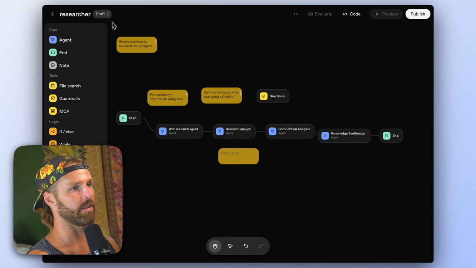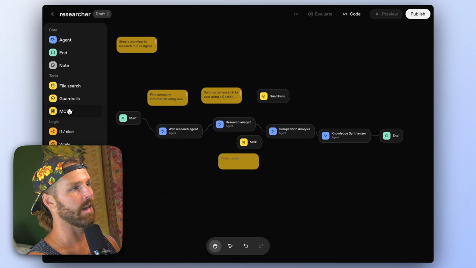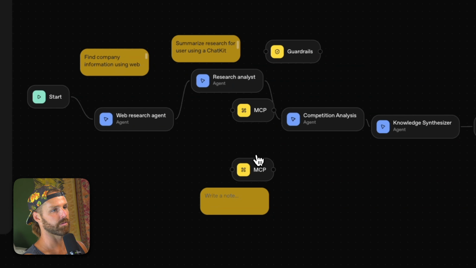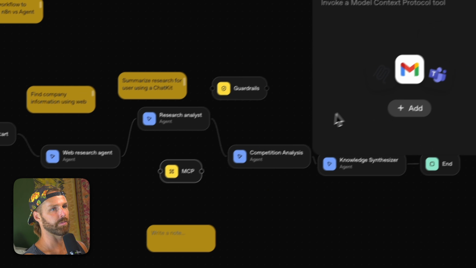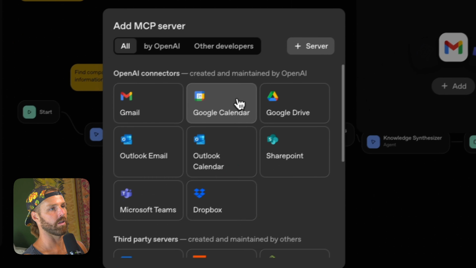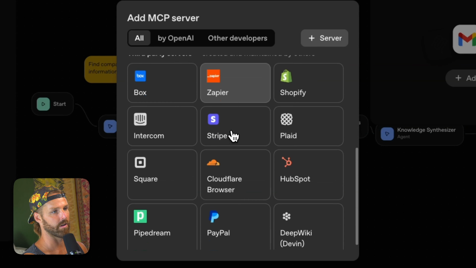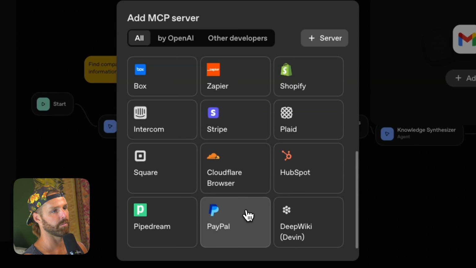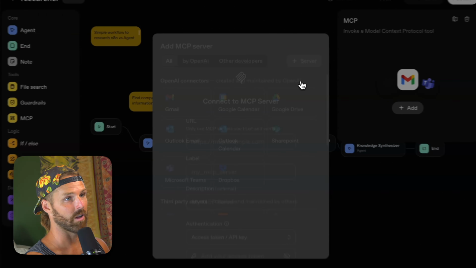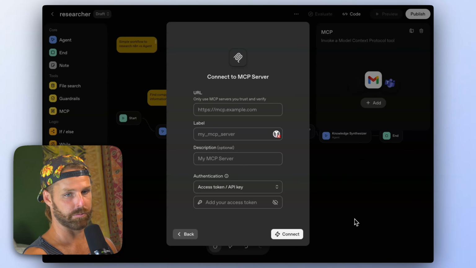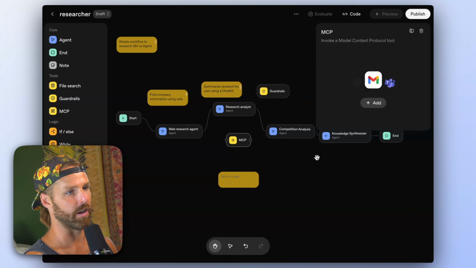Now let's compare that to Agent Builder here. Yes, there's MCP. So let's see. I go to MCP here. I add one. Okay, cool. You got the Gmails, Google, Dropbox, Zapier, Stripe, Cloudflare, PayPal. Okay, cool. But I can add a manual one. That's points for Agent Builder, right? That's points. I could add the Apify scraper, for example.